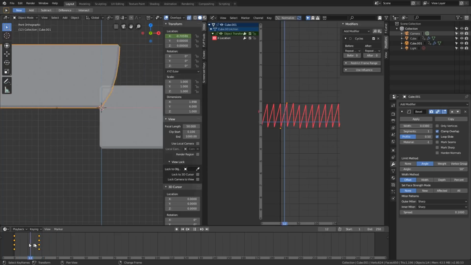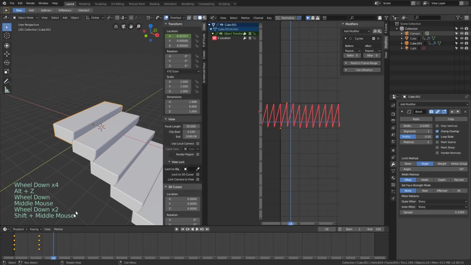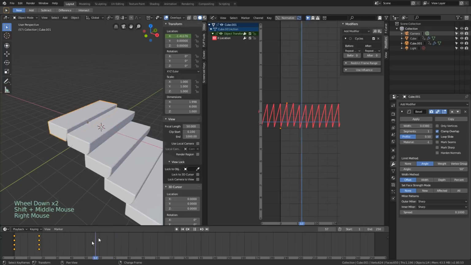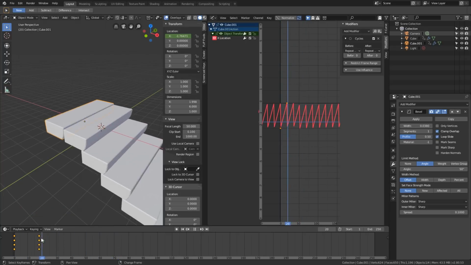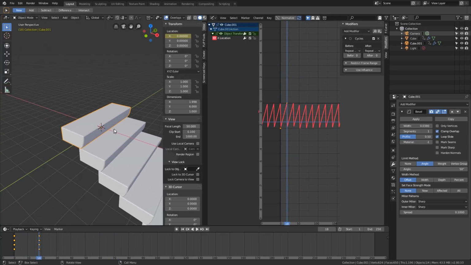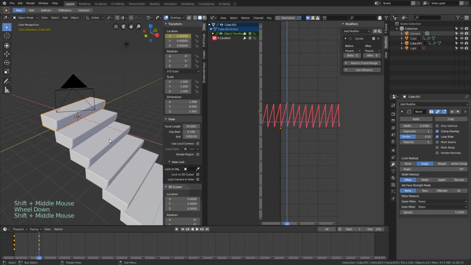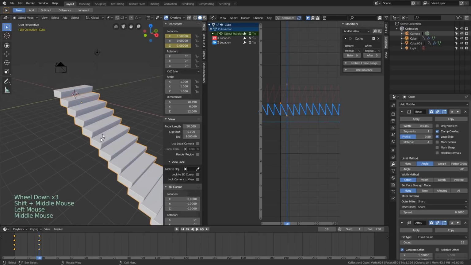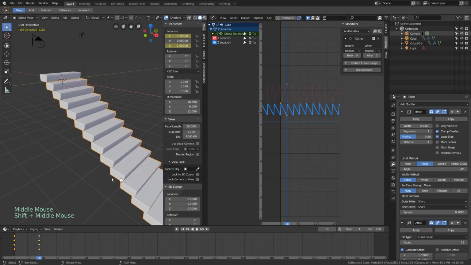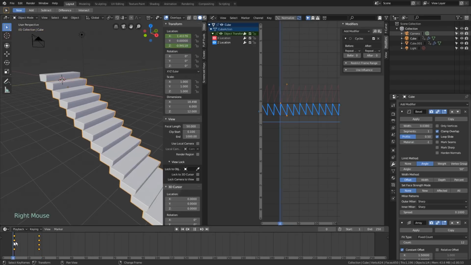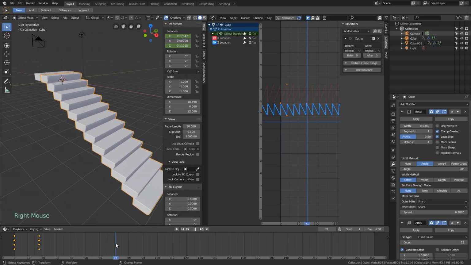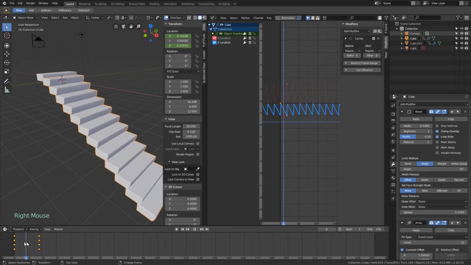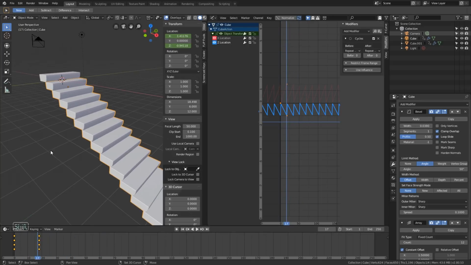So I didn't get it quite right, but I'm not too worried about that for now. Depending on how realistic you want this to look, you might want to go back and edit that. You can add as much detail as you want, really. The only thing though, I'll make a note now, the reason this works is because all these steps are exactly the same. So if you were going to have a really grungy texture or something that wasn't the same on every single step, this effect wouldn't work quite as well. But in this case, I'm going for kind of a low poly look.